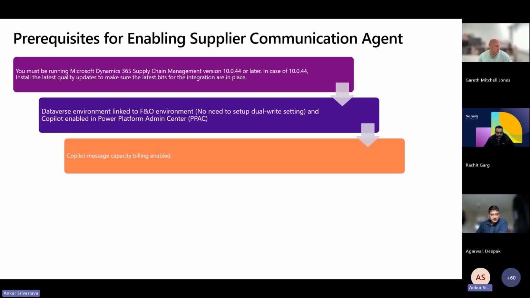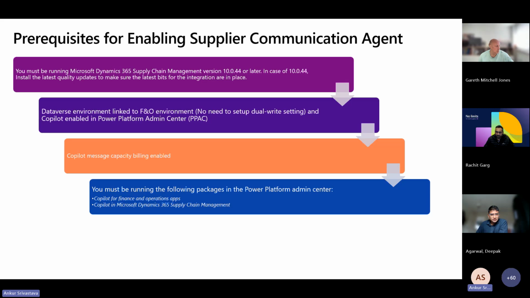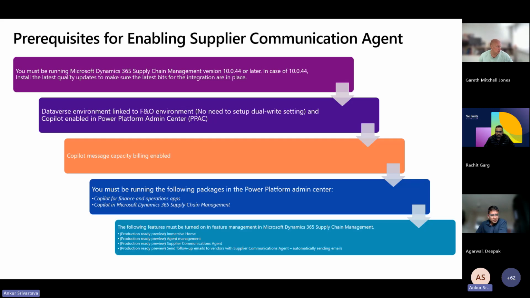Now, check if email has been enabled for Copilot message capacity, and if that is not the case in your environment, then on the same page, go to manage billing plans and create billing plans. You must be running the following packages in the Power Platform Admin Center. These are two: Copilot for Finance and Operations apps, and Copilot in Microsoft Dynamics 365 Supply Chain Management.